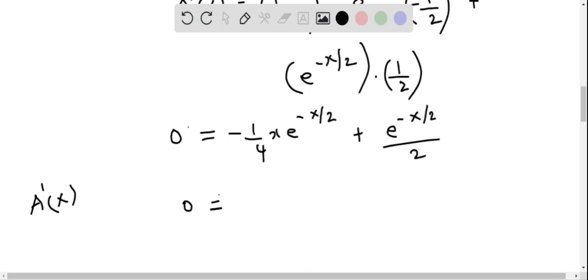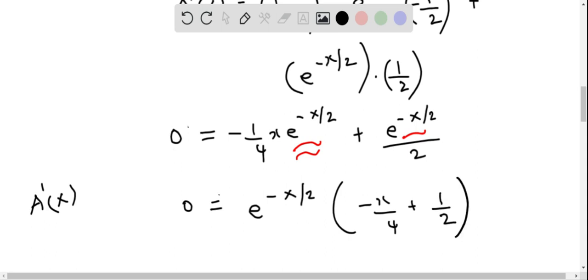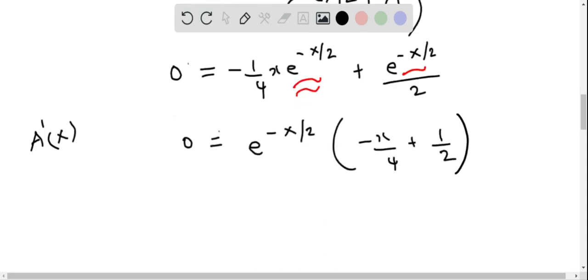So this is 0 equals, now I can factor e power negative x by 2 from these two terms. I have this common term, so I'm going to factor this out. When I factor this out, I have e power minus x by 2 times minus x by 4 plus 1 by 2. So this means either one is 0. That is, either e power minus x by 2 equals 0, or minus x by 4 plus 1 by 2